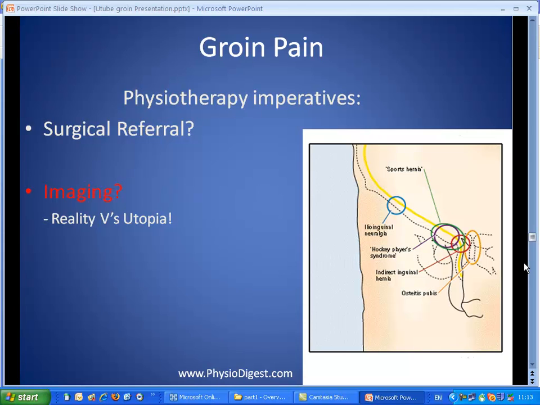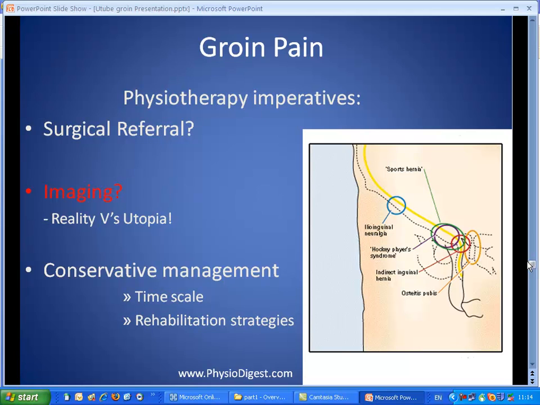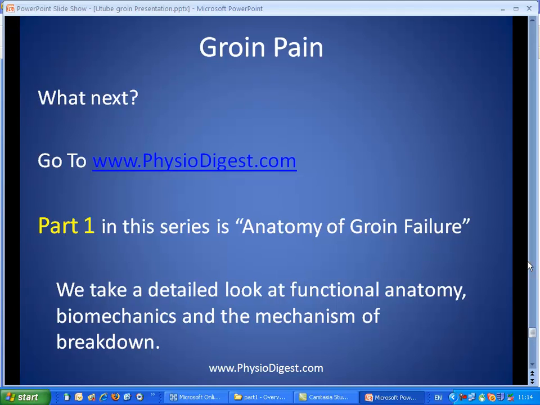But many times in clinical practice we don't have immediate access to imaging, so we have to make some clinical management decisions. But essentially, unless there is a specific surgical protocol required, we're generally looking at some sort of conservative management protocol, and the clinical challenges are to determine the timescale of rehabilitation, the rehabilitation strategies involved, and the prognosis for the patient. We discussed these concepts in much more detail over on the Physio Digest website, and there is